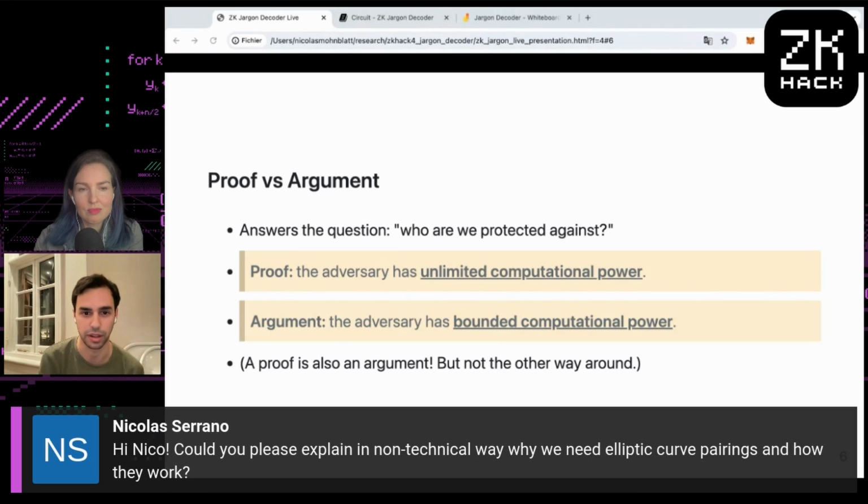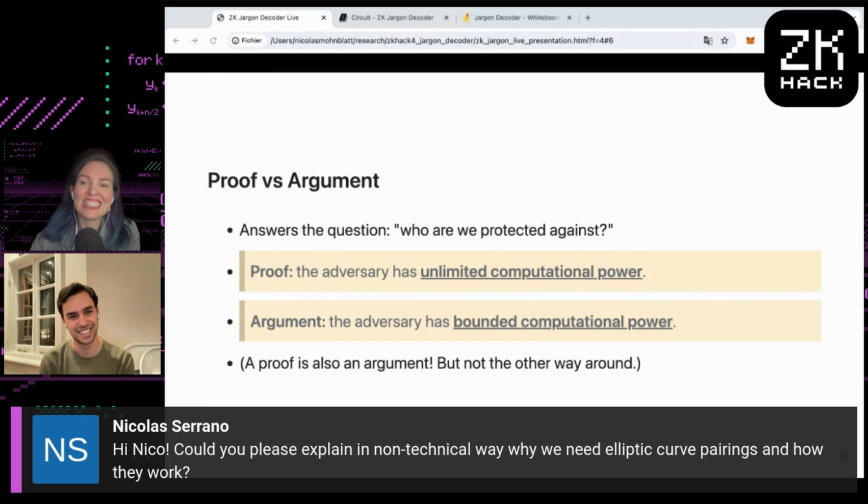We can't multiply though. And so in our protocols, when we commit to things and want to add them together, we can do that. But if we want to multiply commitments, we cannot. With an exception, if you have pairings, you're allowed one multiplication, just one. So that's the why we need pairings. They give us this magical thing, like in a land of additions, we get one multiplication. Interesting. How they work is a lot harder.